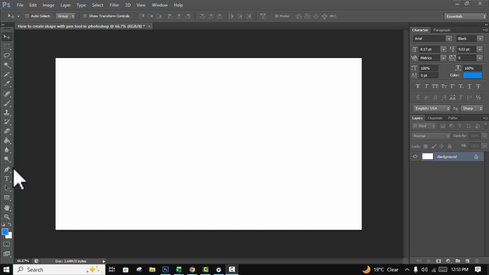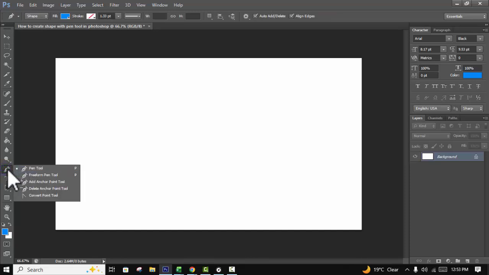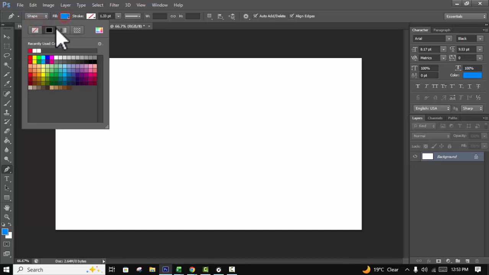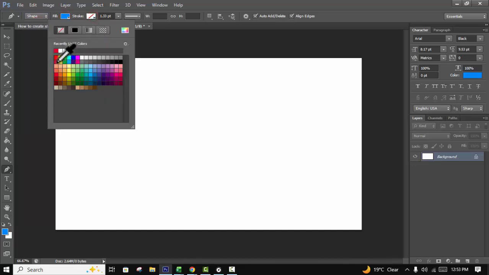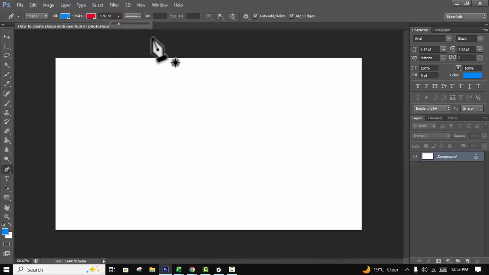Let's begin. First of all, open your Photoshop, then create a new document and right click on your mouse, click the pen tool, set the mode to shape mode, with fill color and stroke color. Again apply red color. Set the stroke size, press enter. Then, for example, I make a